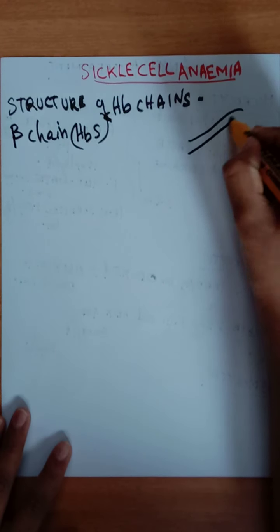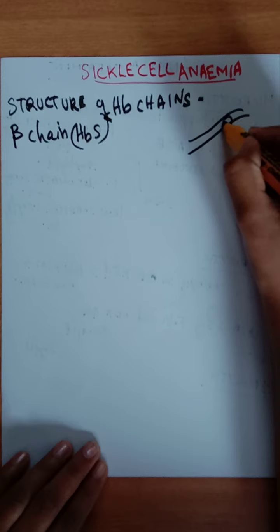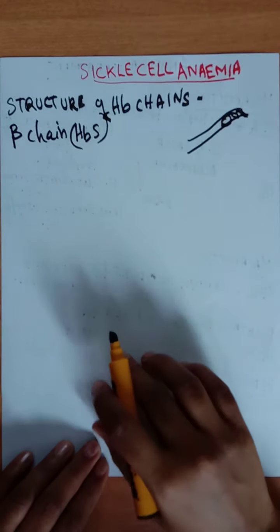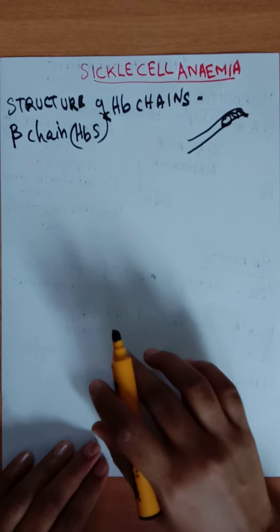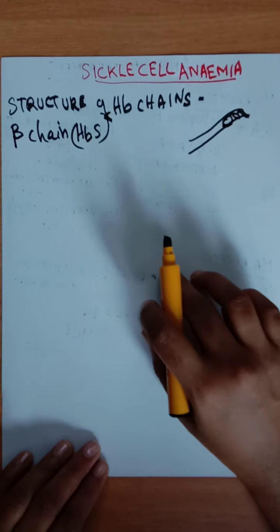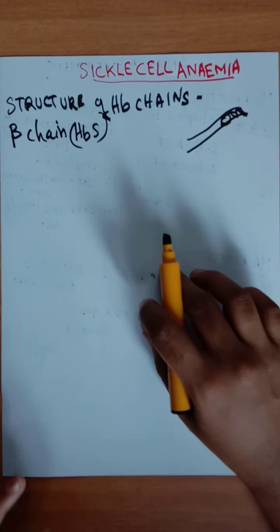So these RBCs become sickled and will have impaired passage through the microcirculation, and that causes the main symptoms, leading to obstruction of small vessels and tissue infarction. The cause is inherited, and sudden deterioration occurs in sickle cell anemia due to splenic sequestration,